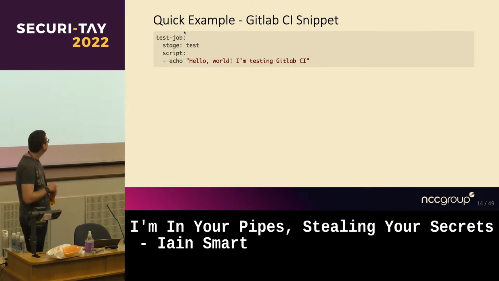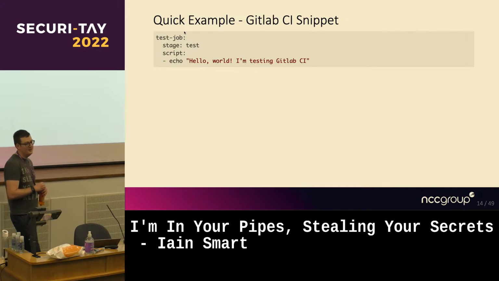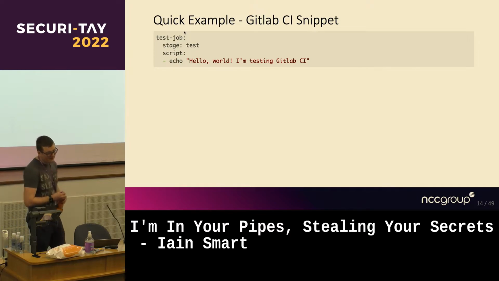And then for GitLab CI, this is what the syntax looks like. Jobs tend to be written in YAML. YAML is yet another markup language. It's a wonderful, horrible, more human-readable version of JSON that's whitespace sensitive. And almost every time I try and write something, I end up putting an extra space in somewhere and everything dies. It's not horrendous. It is more readable than JSON, that's for sure. And it's not XML, so it's got that going for it. But yeah, basically every CI environment uses YAML in some format. The syntax is different, but they're all roughly the same.